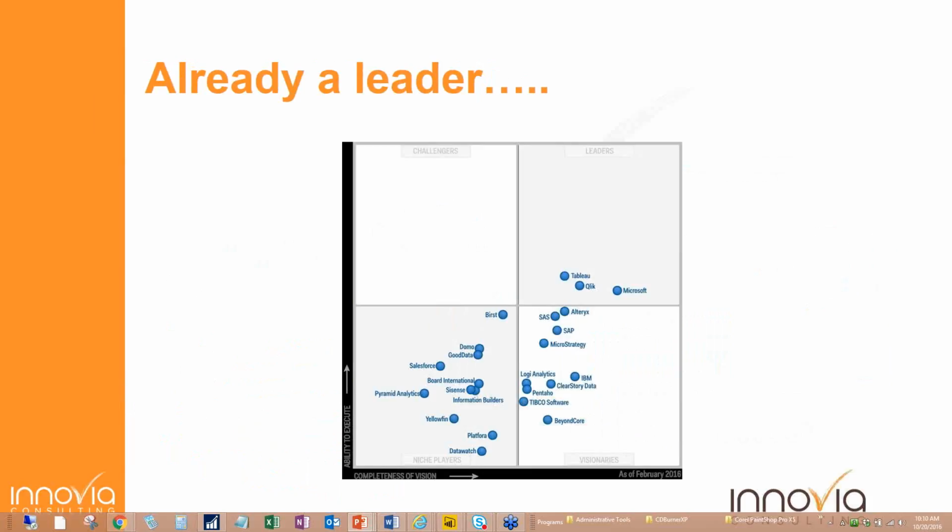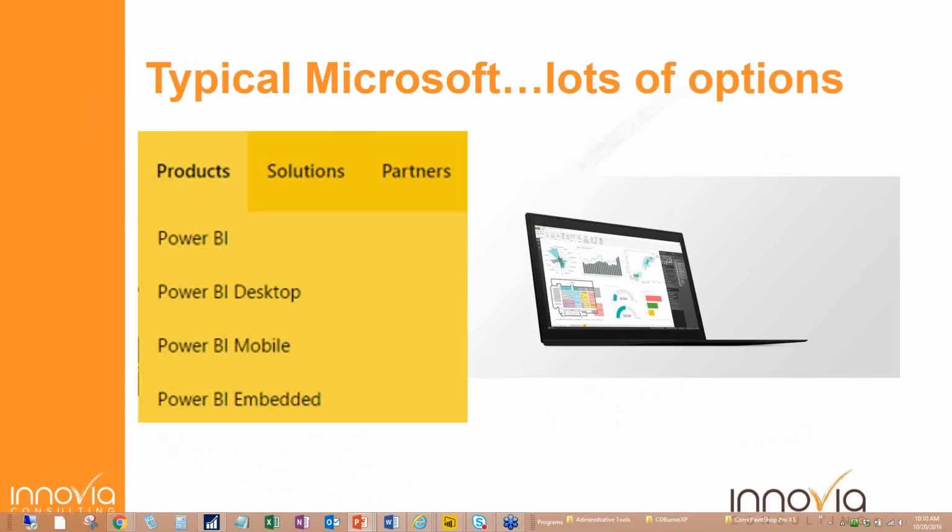So Microsoft's been around. Gartner, in their Magic Quadrants, lists Microsoft as certainly in the leader quadrant when it comes to what they're doing with business intelligence. So even though the Power BI product's fairly new to the market, they're in the lead. But as typical Microsoft, there are lots of options, and as I said, the different flavors under the Power BI